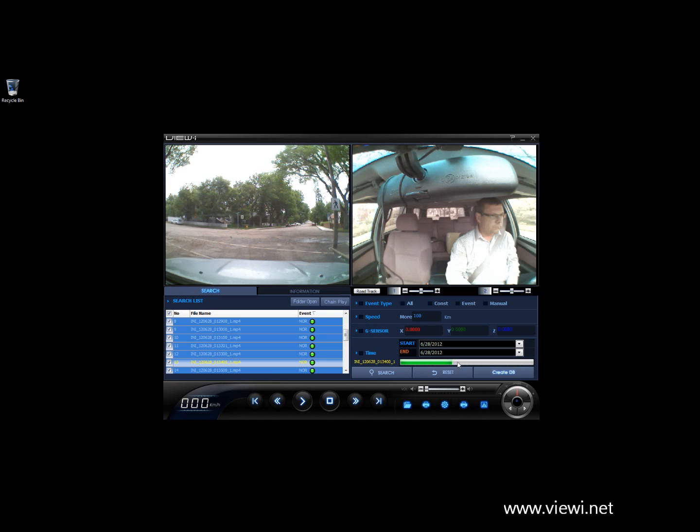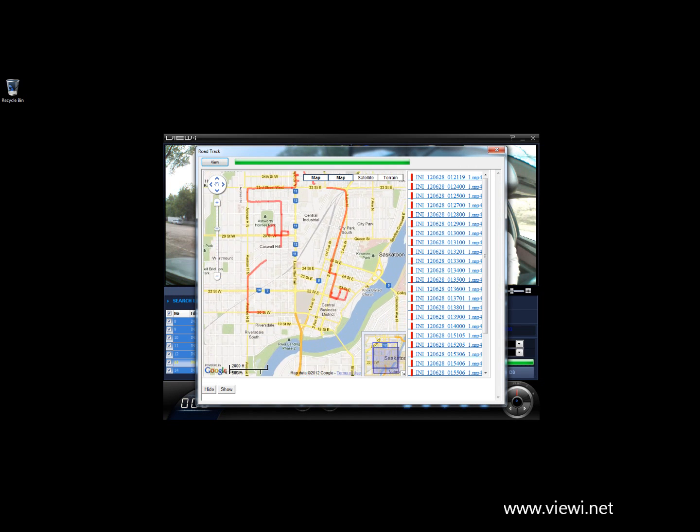And as you can see, it's taking a bit longer because it's going through the entire drive for the day. Not a very intensive process at all on the computer, and it tells you exactly where you're at all times. Once again, it tells us that we're done, and we're going to click OK. Click View, it's going to build his path, and now we see where he went for the duration of the